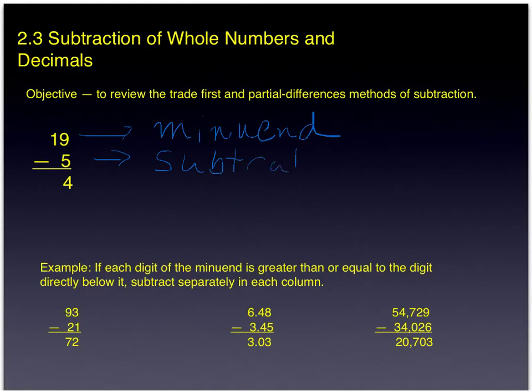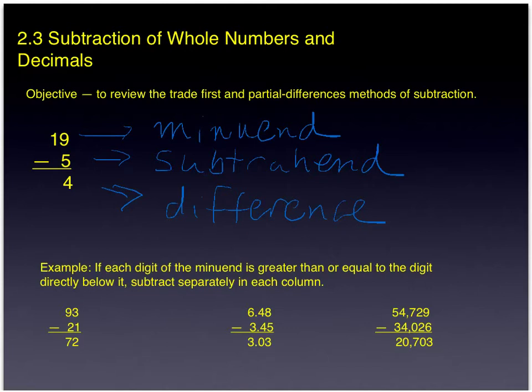And the 14, you should already know, is called the difference. Okay? So, in the examples below that, you have: if each digit of the minuend is greater than or equal